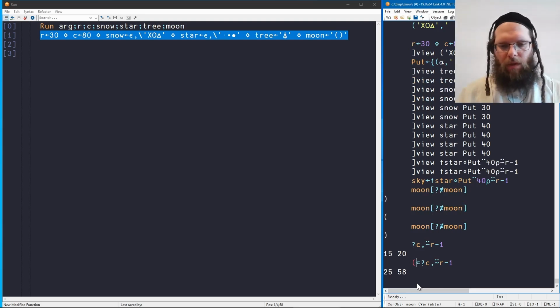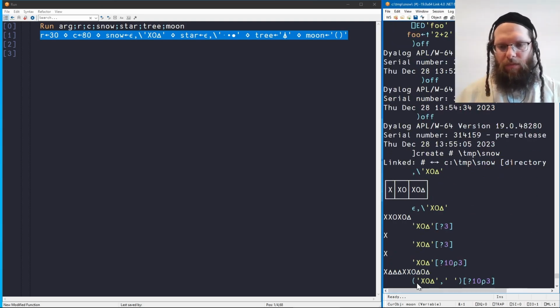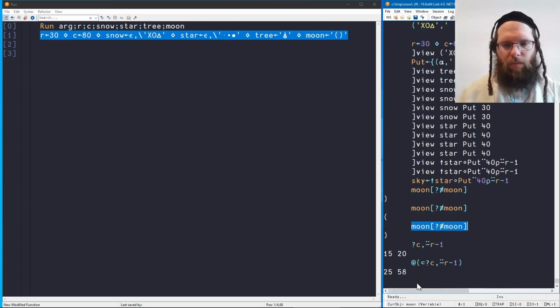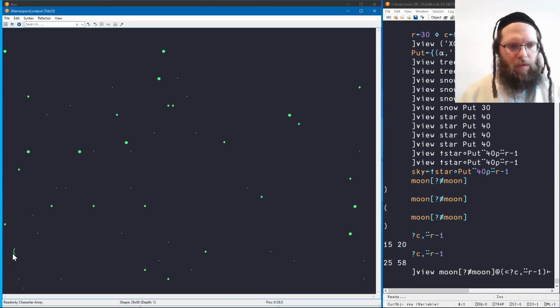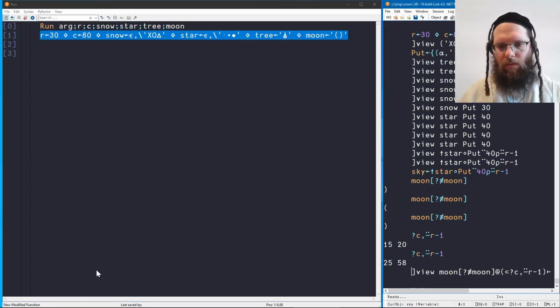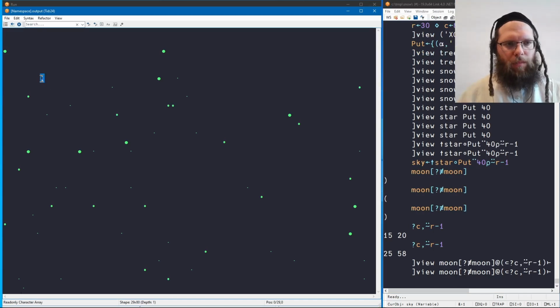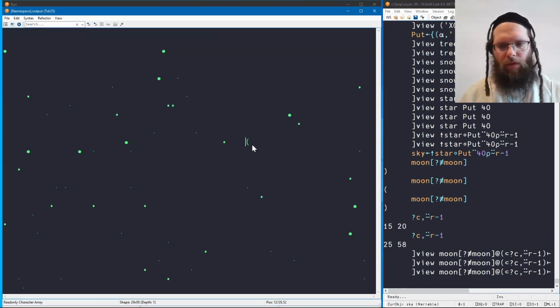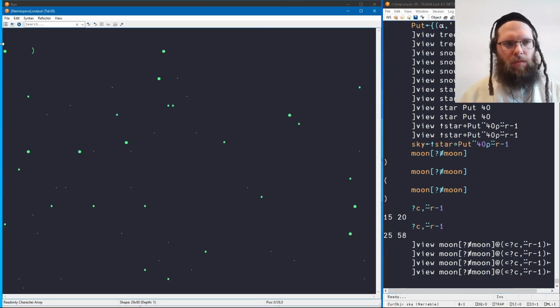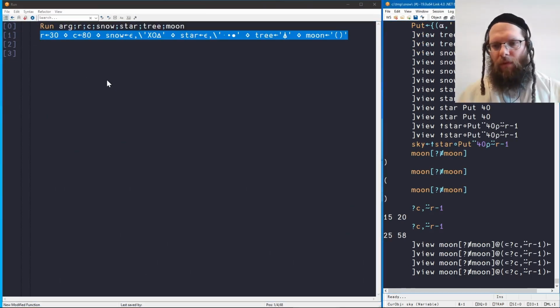If we enclose that, we can use the add operator to place a random moon in the sky. And then let's view that. So here we have got a random moon down here, and here's another random moon up here, and there's one over here. This one goes the other way. Okay, so